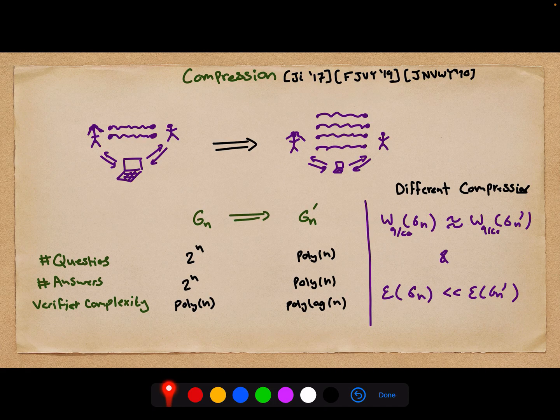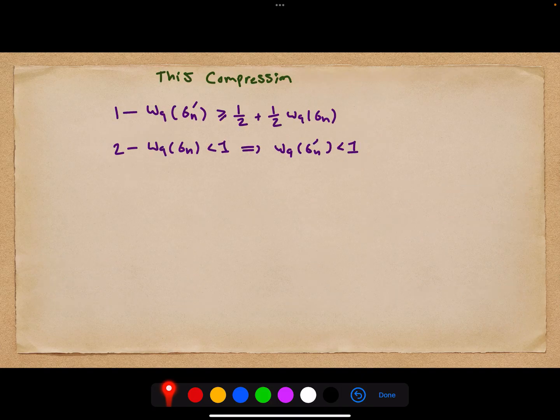And depending on the exact relation that the compressed games and the original games have, we get different compression results for different applications. In particular, for our paper, we give a compression theorem that is very different from the other compression results that have been seen before, namely because it works not only for the finite dimensional quantum value of a game, but we can prove that the compression procedure also preserves the commuting operator value of games. So let's look at exactly what our compression says.